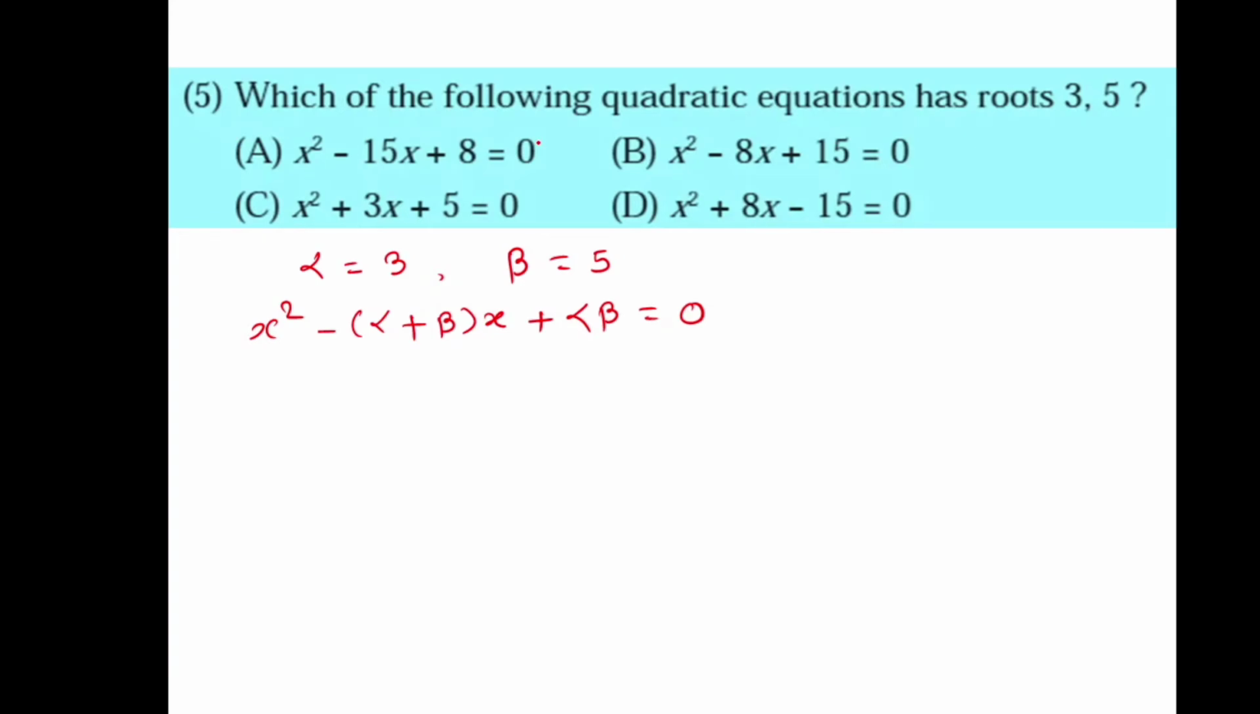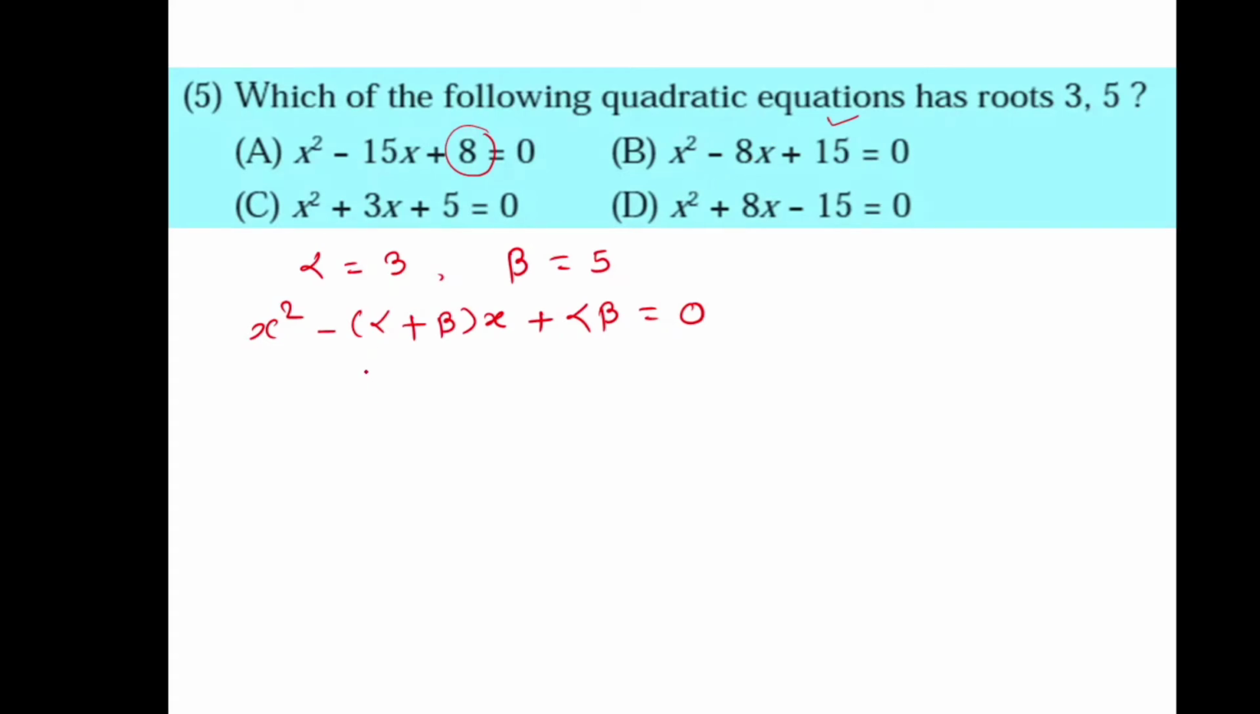Now if we compare these four equations which are given, the first equation is x square minus 15x plus 8 is equal to 0. Now if we compare here 8, which is not the product of 3 and 5. So these are not the roots of the first equation because the product of these two is not 8. Now consider the second one. The product of these two, 3 into 5, that's 15, and the coefficient of x here is minus